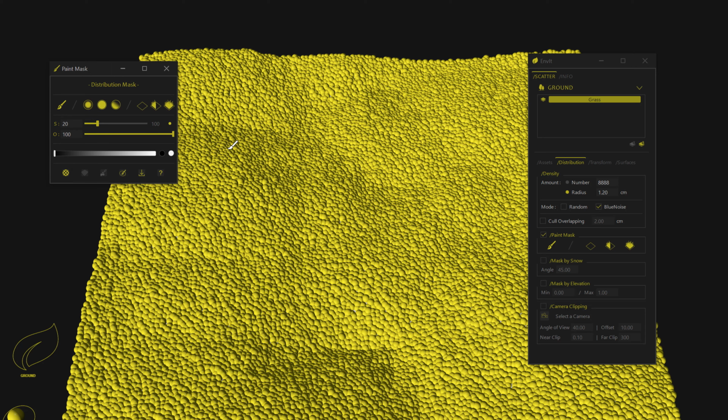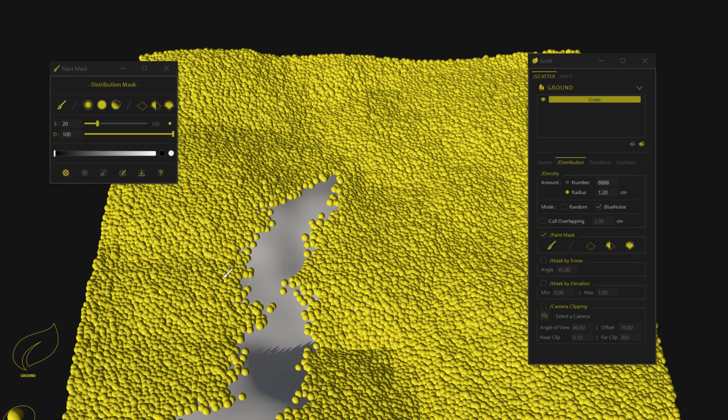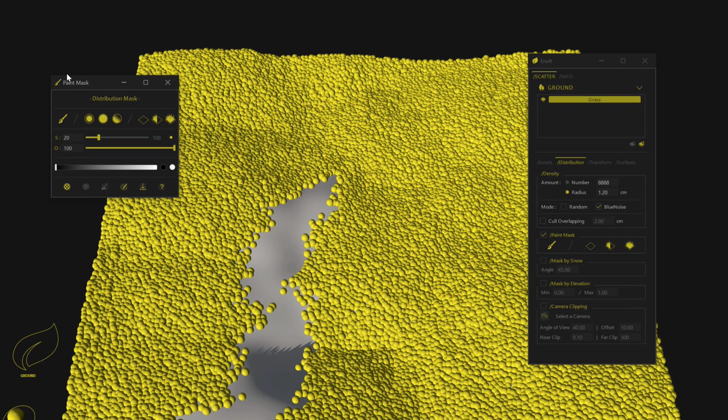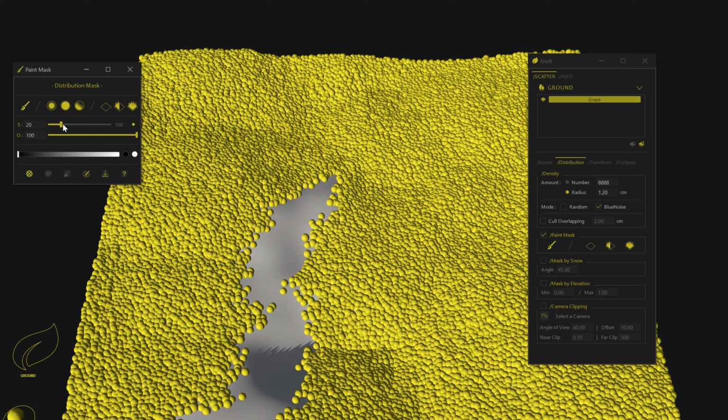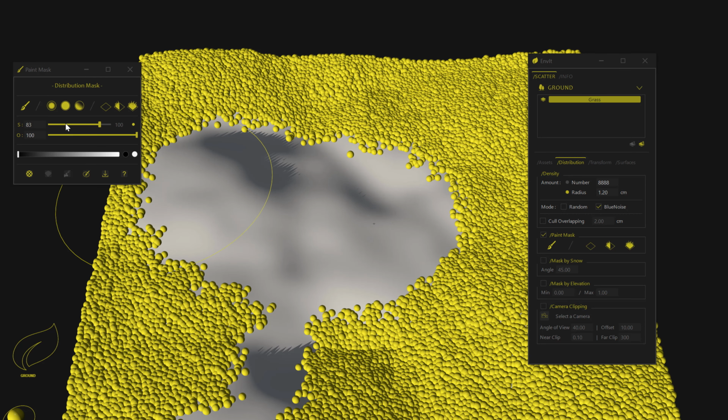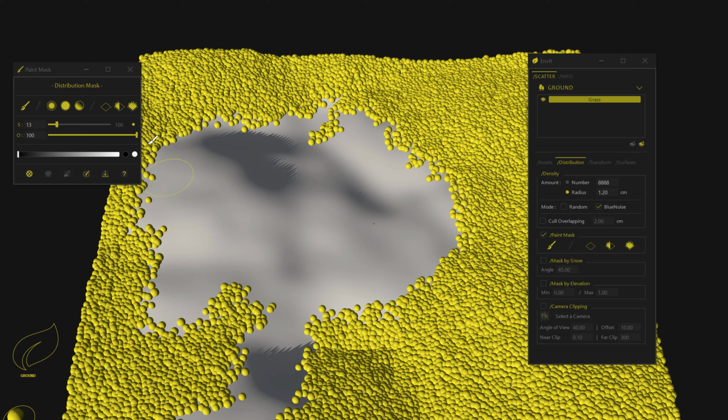As by default everything is filled, it will set you in black, which means you can directly paint. How it works, it's pretty simple. Here you have the radius, the size of your brush. If you want, you can set it here precisely, or of course, you can use the shortcut. By default, I think it's B, but you can use a custom one.